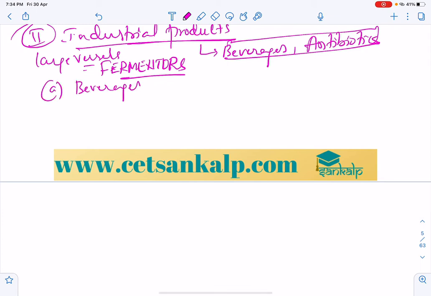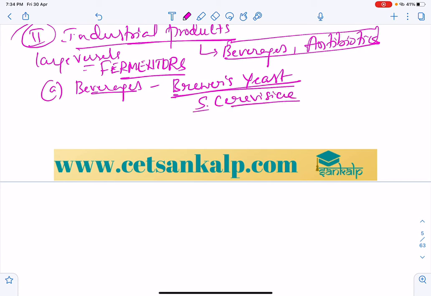Beverages are obtained generally by using the yeast called Saccharomyces cerevisiae, which is also called brewer's yeast. This yeast is also called baker's yeast in bakery, where bakery foods are obtained. Saccharomyces cerevisiae, also called brewer's yeast, is added to almost all the fermenting materials to obtain